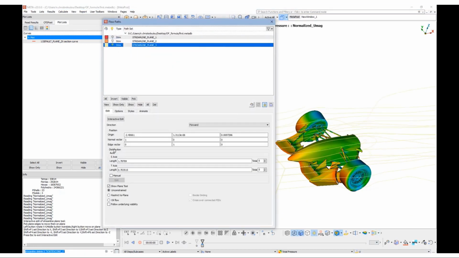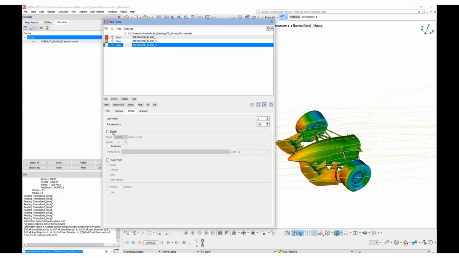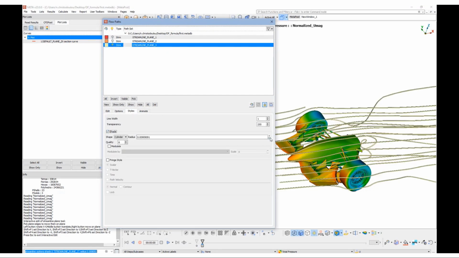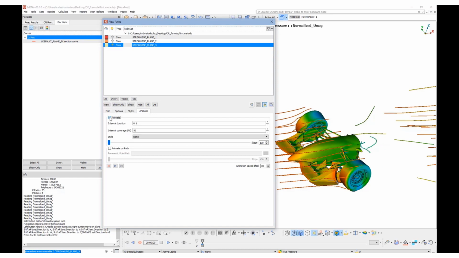Once more, let's change the visualization of the streamlines to be more pretty. And let's keep the flag of the animation active because then this is needed to be run from the animation editor.